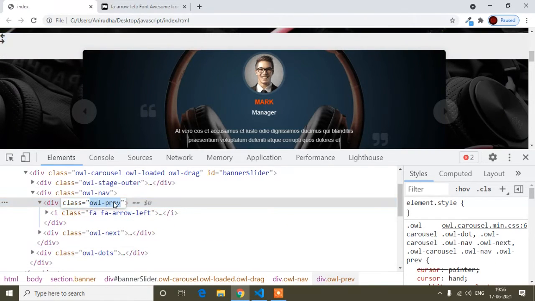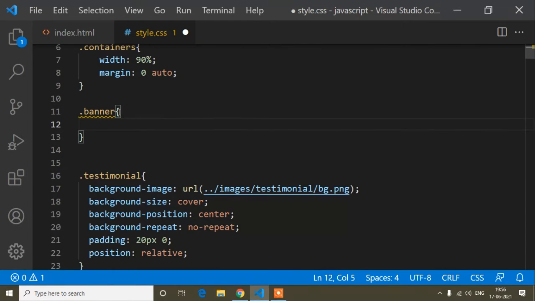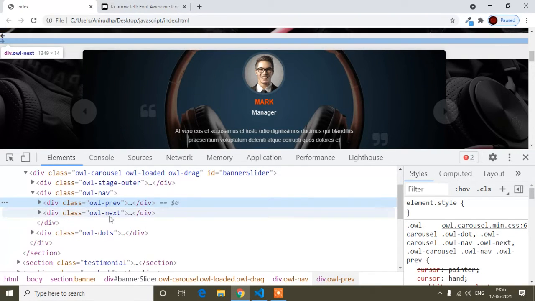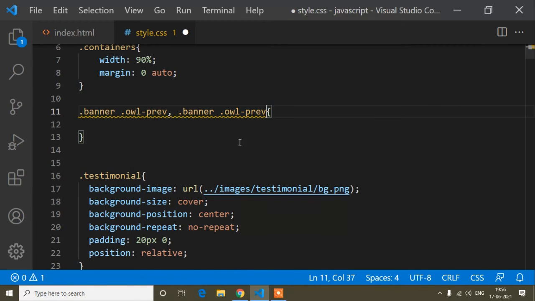So first of all, I will copy this preview. Here I will come to the CSS and paste, and write a comma, and the same thing I will paste. I mean I will copy here and paste here, and instead of owl preview, here is the other button, that is owl next. So I will copy this button and paste here. Some CSS properties will be the same for owl preview and owl next, so why should I write them separately? I have written it in one line, and here I will write the CSS property which is the same for owl preview and owl next button.